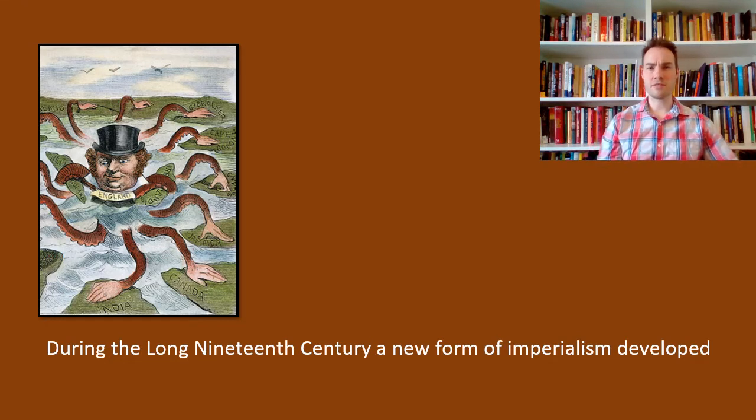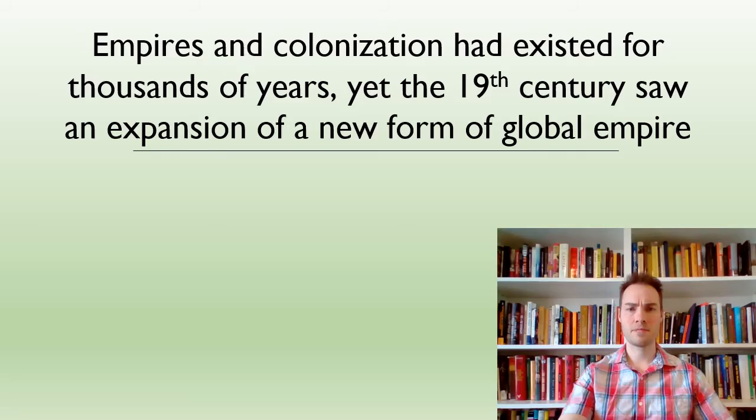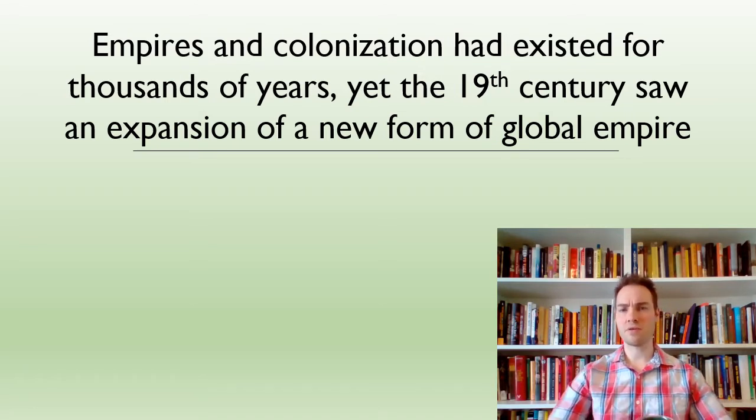So during this long 19th century, we get a new form of imperialism. This is something that's uniquely modern. It's not part of previous history. Of course, there had been empires before, there had been colonization for a long time. If you've taken the first half of world history, if you've taken some sort of ancient history, the Greeks had colonies all around the Mediterranean, the Chinese colonized their neighbors, stuff like this. But something new is happening here. It's enabled by industrialization, it's enabled by new ways of thinking, and the modern process itself.